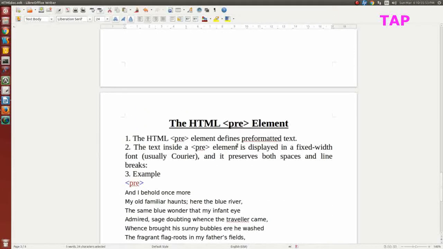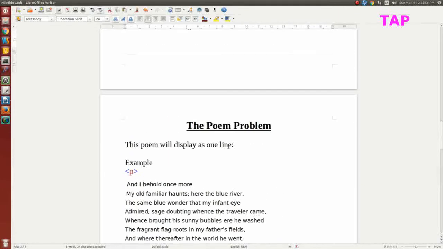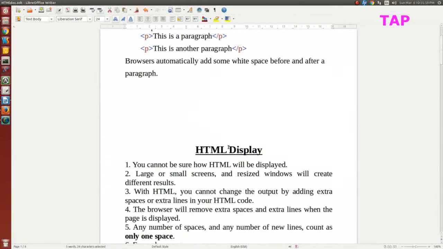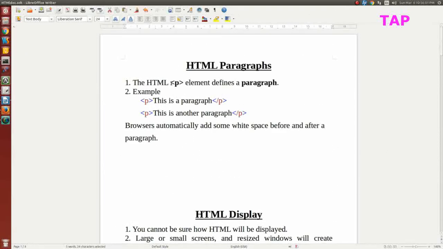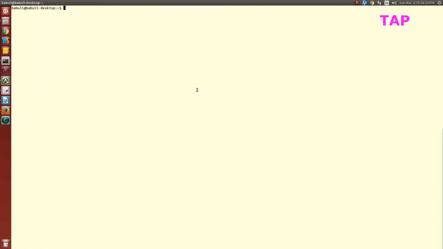Whatever I told, I think it all bounced back to me, because I know you didn't understand anything yet. Okay, no problem. This is only the theory which I explained. When I show you the practical, it will be much clearer for you. So let's take the paragraph tag. Let me take a simple program, say paragraph dot HTML.